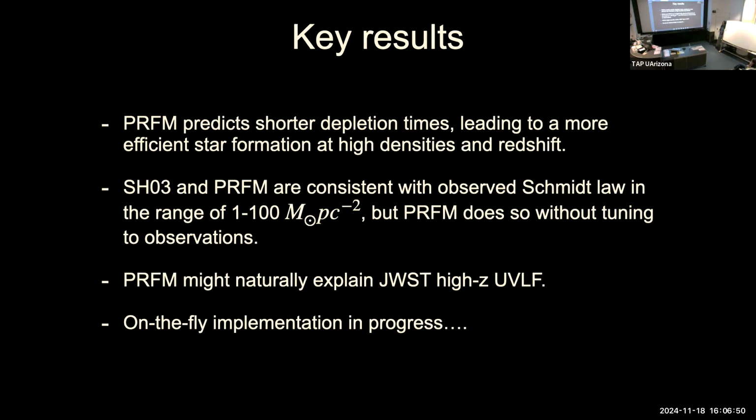That's the PRFM predicts these short depletion times, leading to more star formation at higher redshift densities. Both models are consistent with the observed Schmidt relation in this range of 1 to 100 solar masses. And the PRFM does so without tuning to the observation. I think that's the biggest win we have. And then we think that we could naturally explain the high-z UV luminosity function, and our on-the-fly implementation